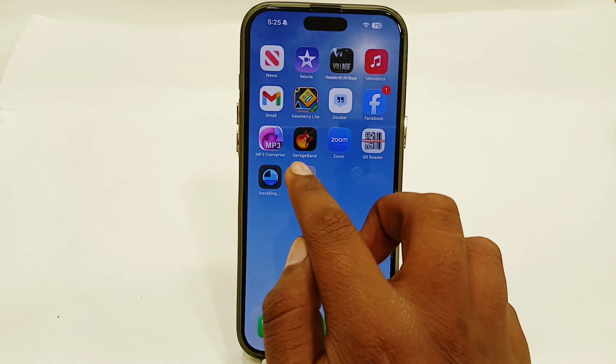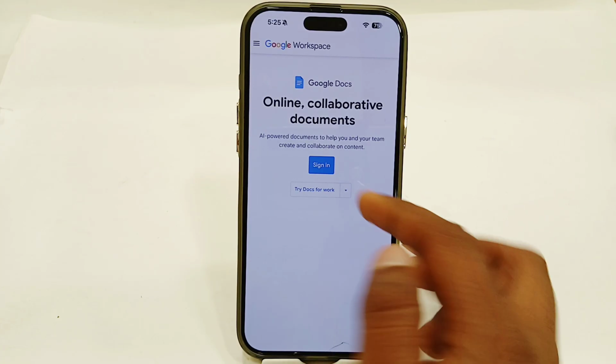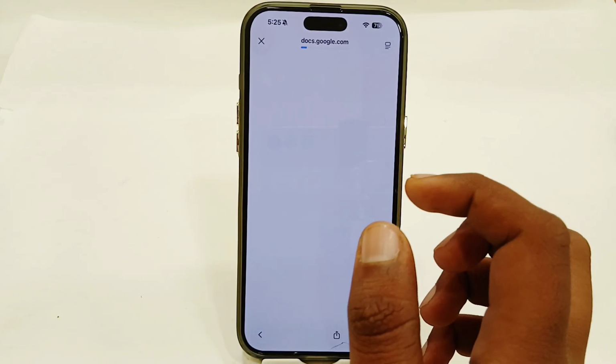screen. You just have to tap on it whenever you want to open the app and your app will open here. You can easily sign in with your account and you can easily use it on your iPhone